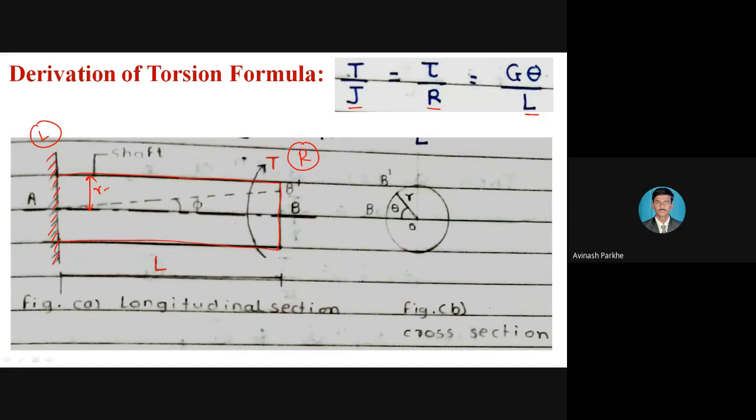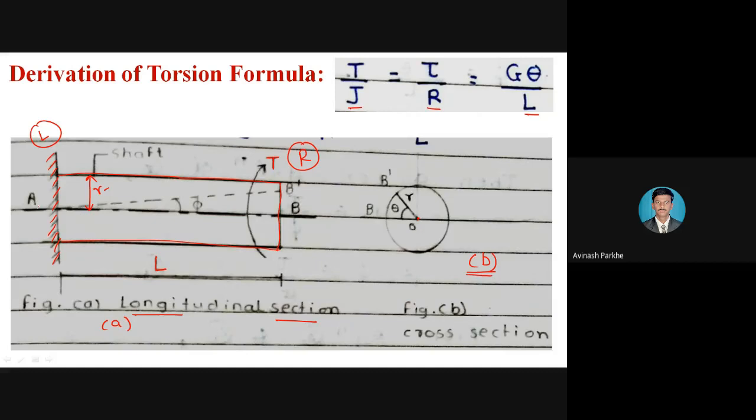As per this construction, it is fixed like a cantilever structure. That means one end is fixed and the other end is free, and at the free end, T amount of torque is applied. Due to that T amount of torque, I can say it is under torsion. Now, of the two figures I have drawn, the first figure is called the longitudinal section, figure A. In front of this shaft, the cross section is also given, which is represented by figure B. In this cross section, one circular section is given. This is the center point O. The radius is also represented.